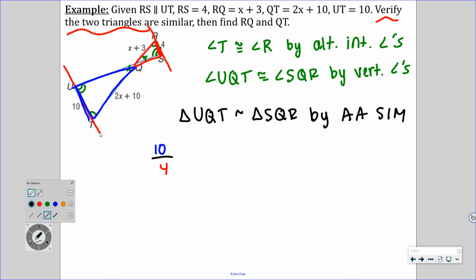Now, you can reduce this if you want. You don't have to set up your proportion. I personally like to reduce them. It just makes your simplifying a little bit easier. So my scale factor here is 5/2,